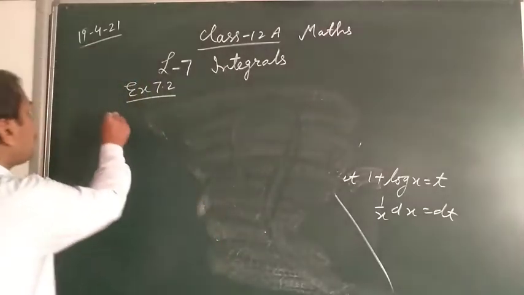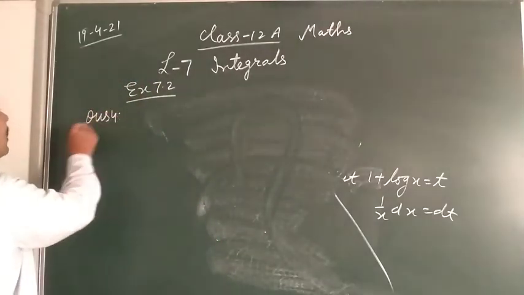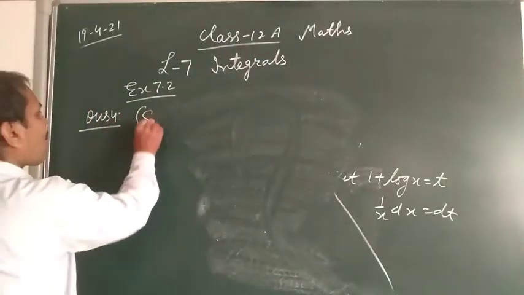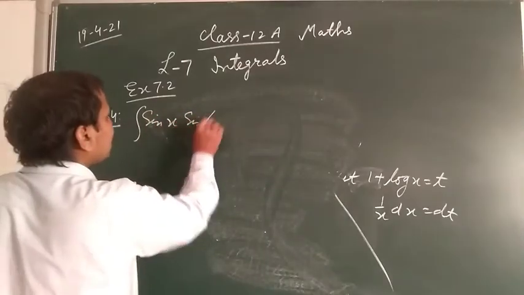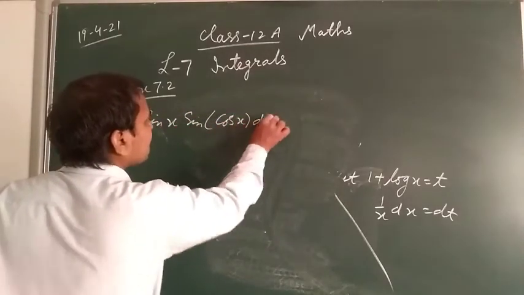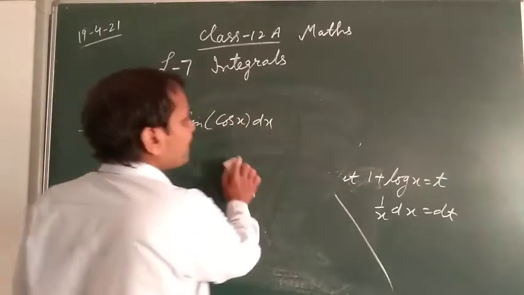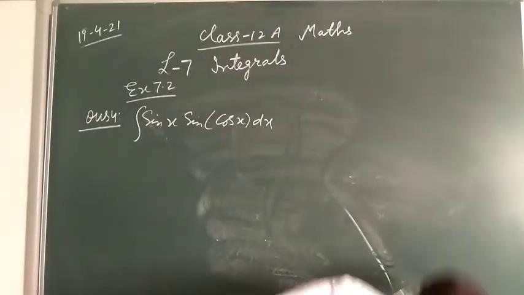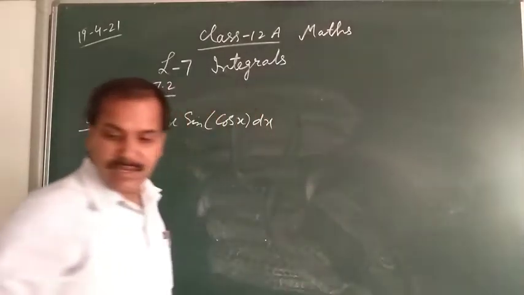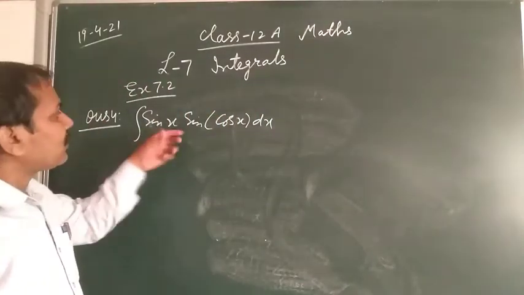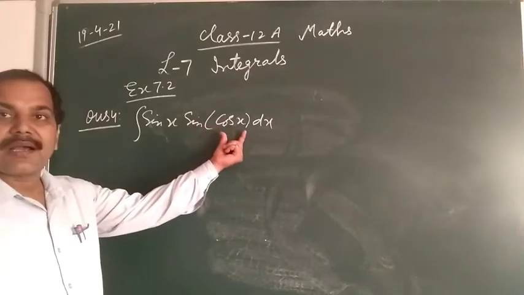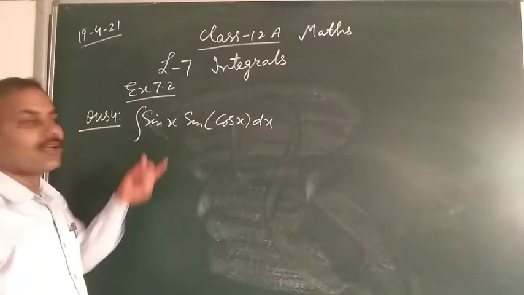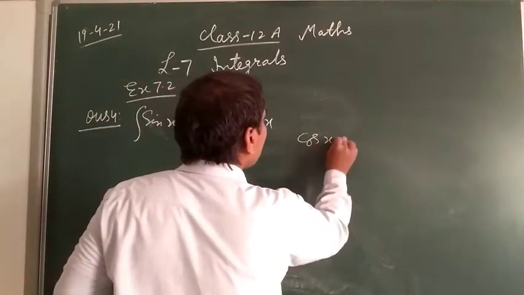In question number 4, now I am telling you what you have to suppose. In question number 4, it is sin x, sin in bracket cos x dx. And by practice you will also know how to suppose. So here what will we suppose? Sin of cos x in bracket. The differentiation of cos x is minus sin x, so here we will suppose cos x is t.